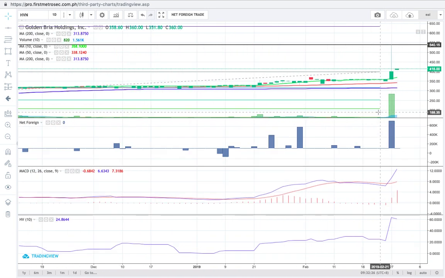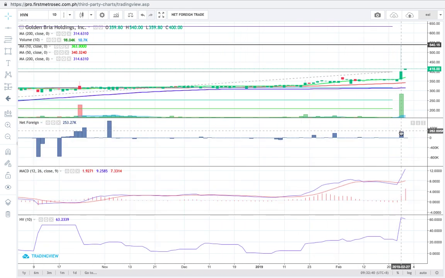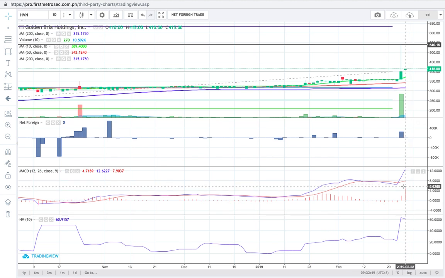Now, as far as the foreign investors' participation on HBN, yes, on February 27, I would say that it wasn't much as well. Okay, it wasn't much, so I'm not going to factor in the participation of foreign investors in my overall sentiment for HBN later. Now for MACD, of course, when the price soared so high, you can expect that the MACD